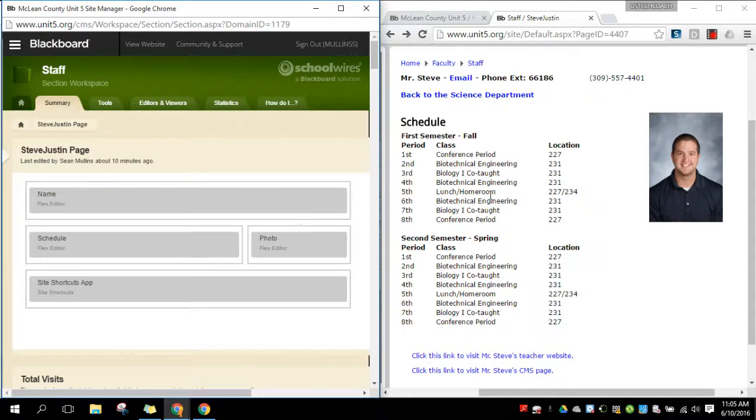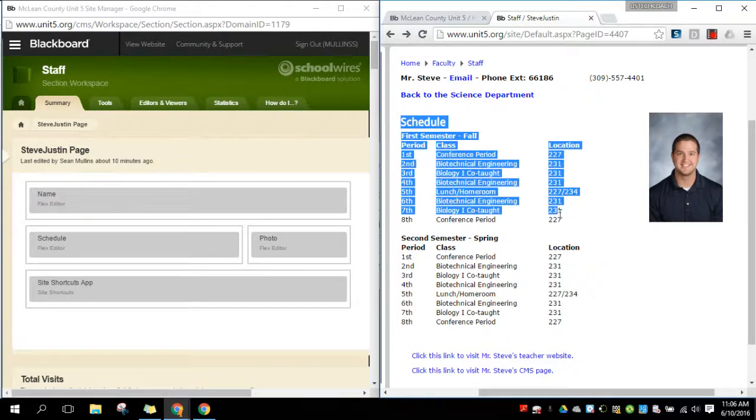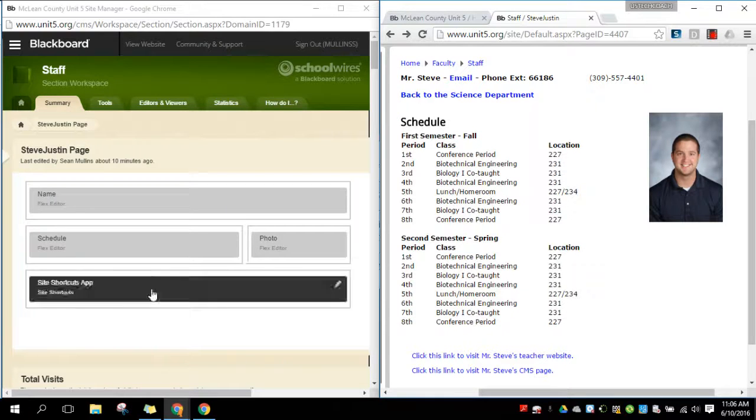it behind the scenes. And you'll see that Schoolwires breaks this down into these different, they call them apps, these different sections of your web page. So there's 4 different sections over here, and they correspond to 4 sections on the actual site. So up at the top, you have this name area, and that's going to hold this Mr. Steve and the email and the phone extension. And then you have a schedule block or app, and you have a photo app, and those correspond to these 2 spaces here. And then at the bottom, you have this links space, and that's where he's put in these